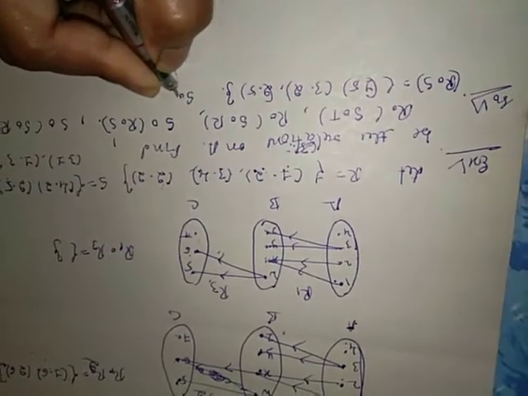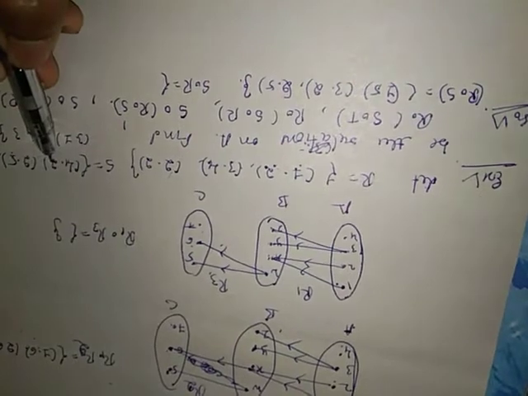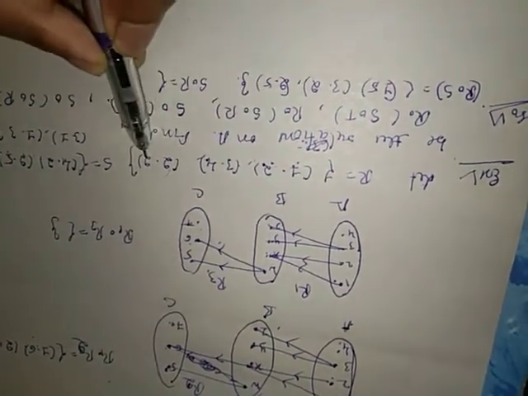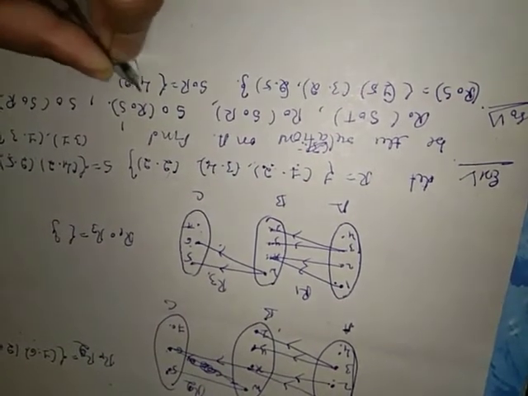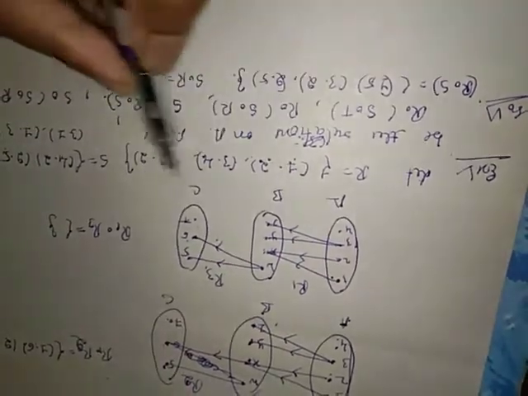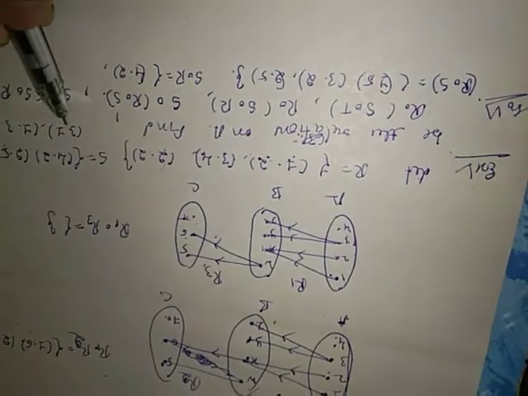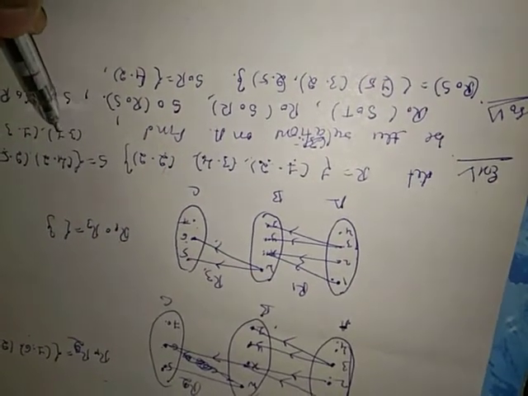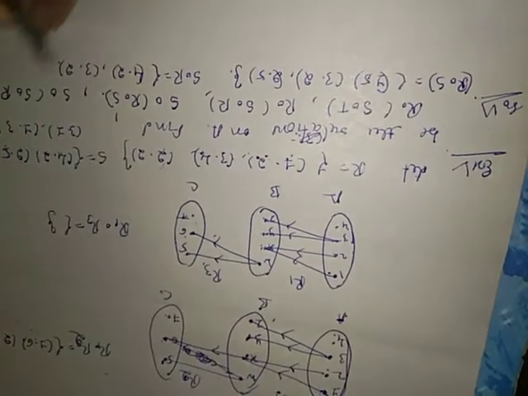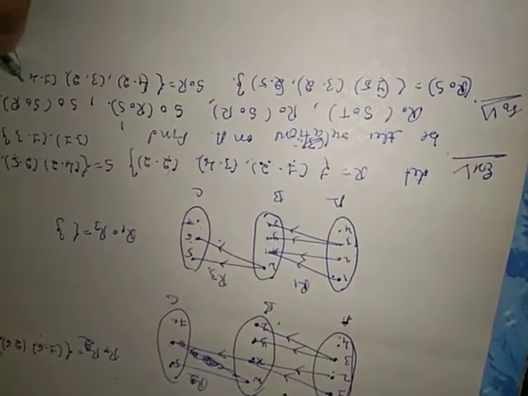Now S∘R is equal to: (4,2). Now see the element of R which starts with 2, that is (2,2). So therefore (4,2). (2,5): is there any ordered pair having the first element 5 in R? If there is no element, then there is no combination. Now (3,1), (1,2), therefore (3,2). (1,3), (3,4), (1,4).